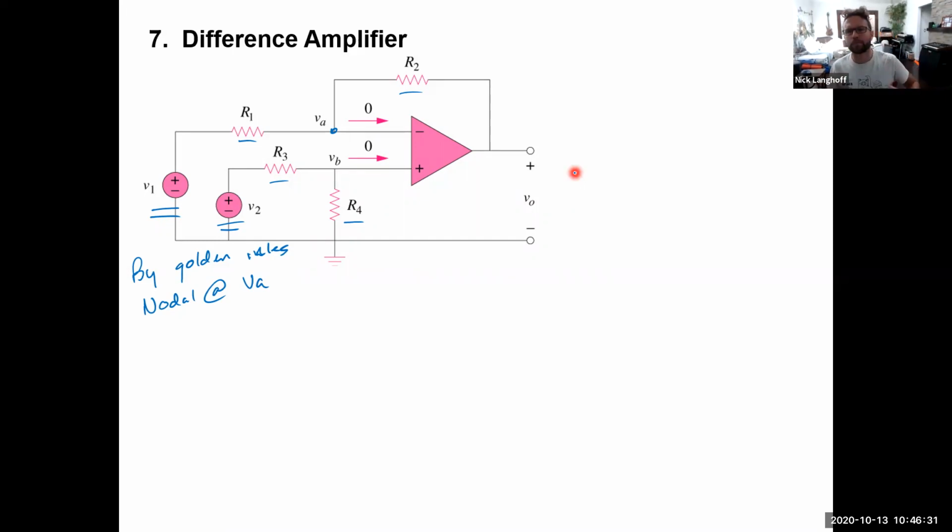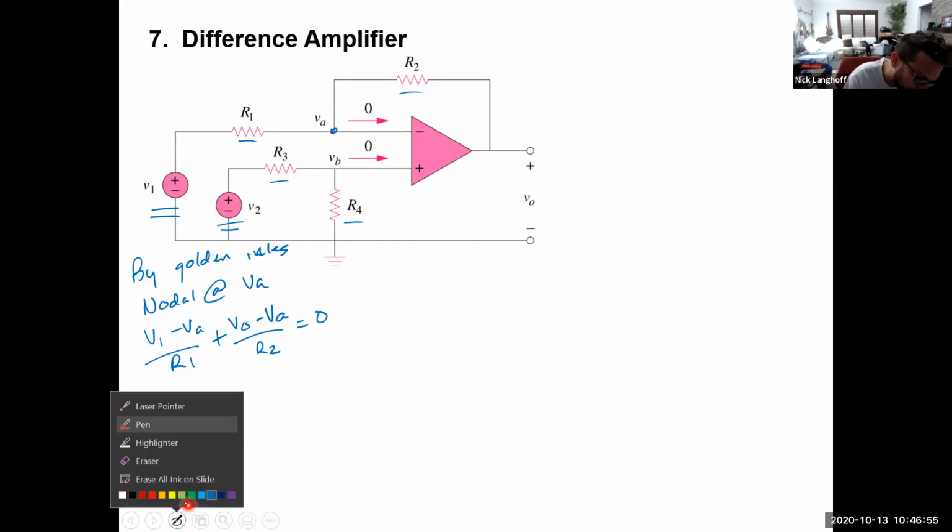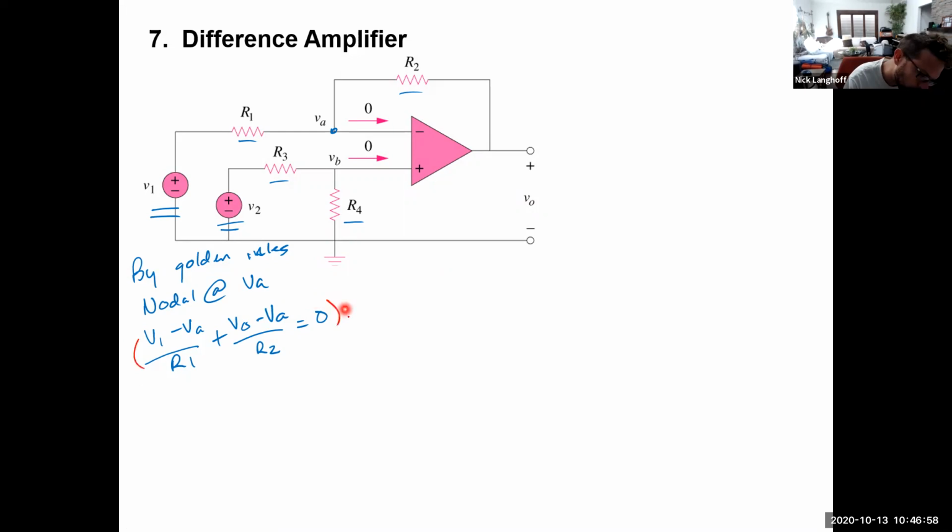But it produces an output voltage that is equal to some difference of V1 and V2. So if we do a nodal analysis at VA, we get V1 minus VA over R1 plus Vout minus VA over R2 is equal to 0. And what we're going to do is multiply that whole thing by R2. And now by the op amp action,